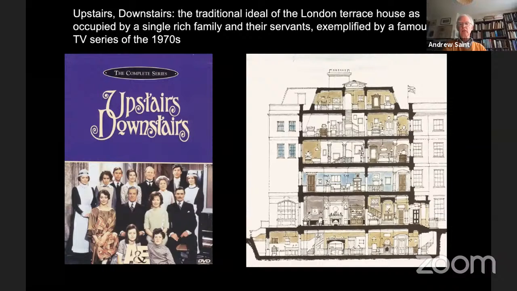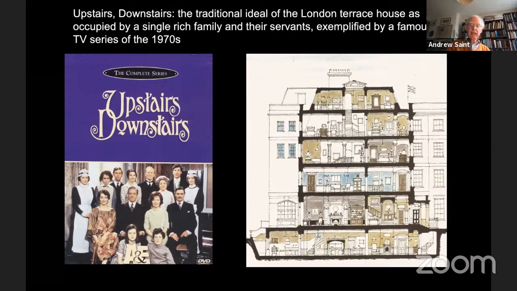You could really work down, you could see at the top on a section, those are going to be the servants' rooms in the top, then the children's rooms next down, then the master bedroom on what they call the second floor, drawing rooms on the first floor, and the dining room and reception rooms and the staircase on the ground. So that's the conventional view of the matter, and it's one which, of course, nostalgic British historians love to